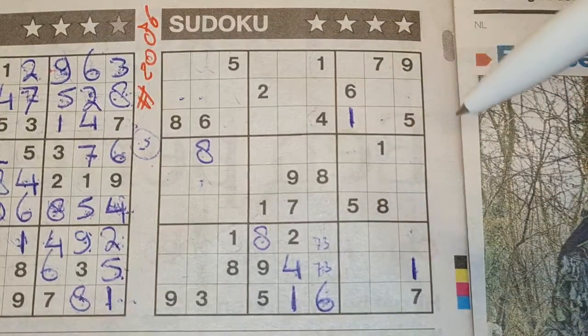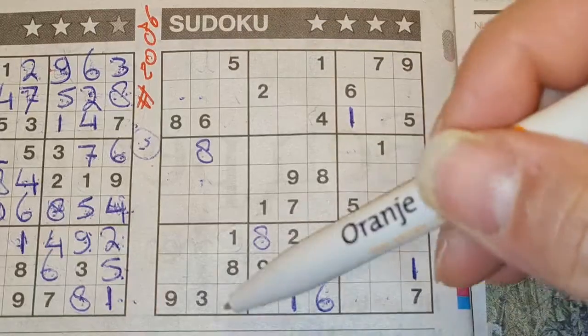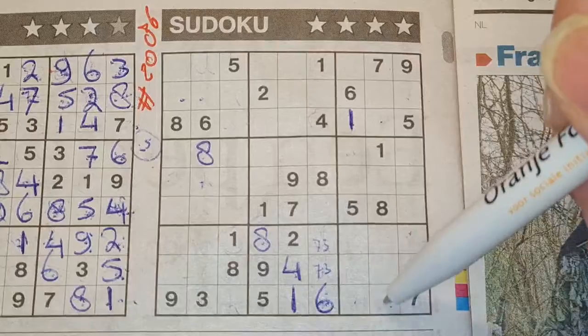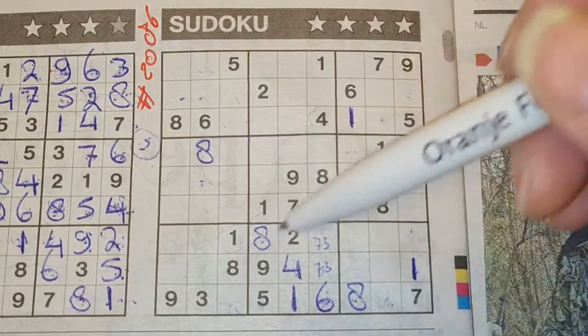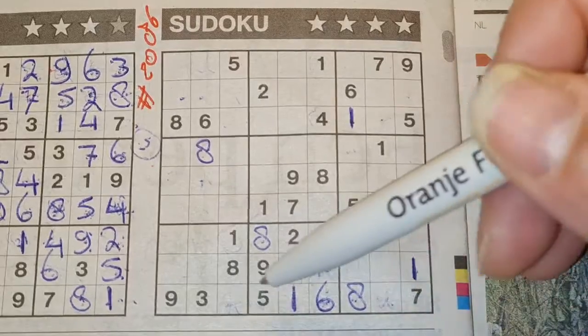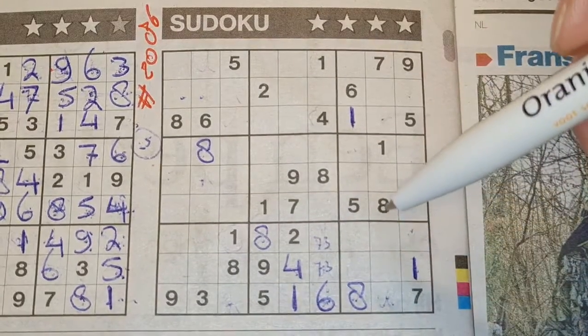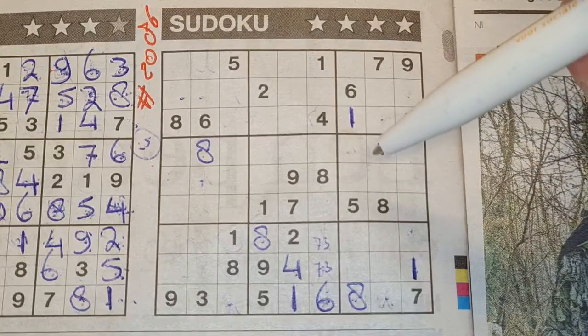All right. 3 missing numbers in the last row. One of the missing numbers is an 8. We see here an 8, no 8 there. Here an 8, no 8 there. The only place for an 8 should be there. 2 numbers left. The 2 and the 4 are missing. The 2 and the 4, I cannot fill this yet. Need to wait. How about